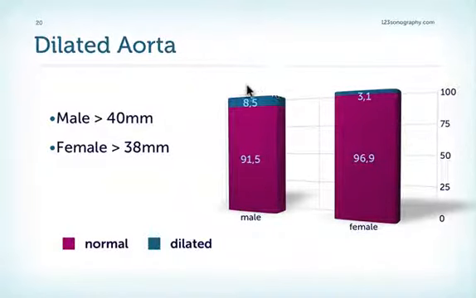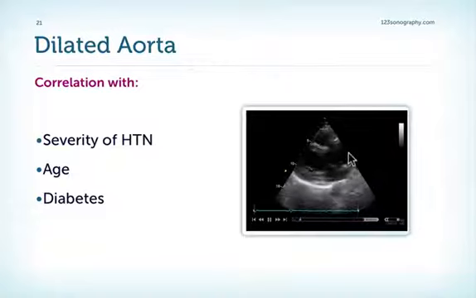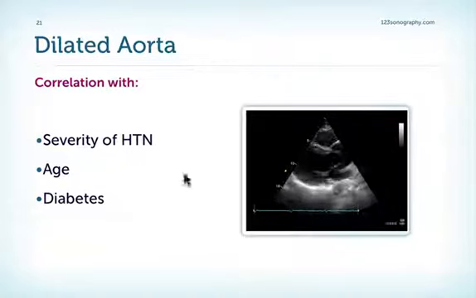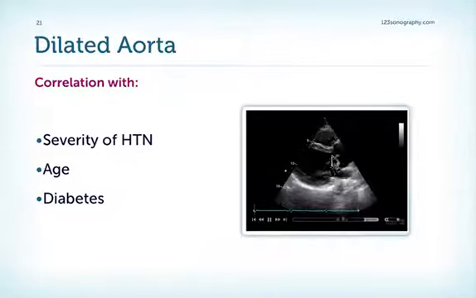You can see that the frequency is even larger in males than in females, with a cutoff value of above 40 for males and 38 for females. There's a correlation of the dilatation of the aorta to the severity of hypertension, to the age, and also to diabetes. This is an example. You can nicely see both hypertrophy being present and also a dilated aorta, which is clearly visible in the parasternal